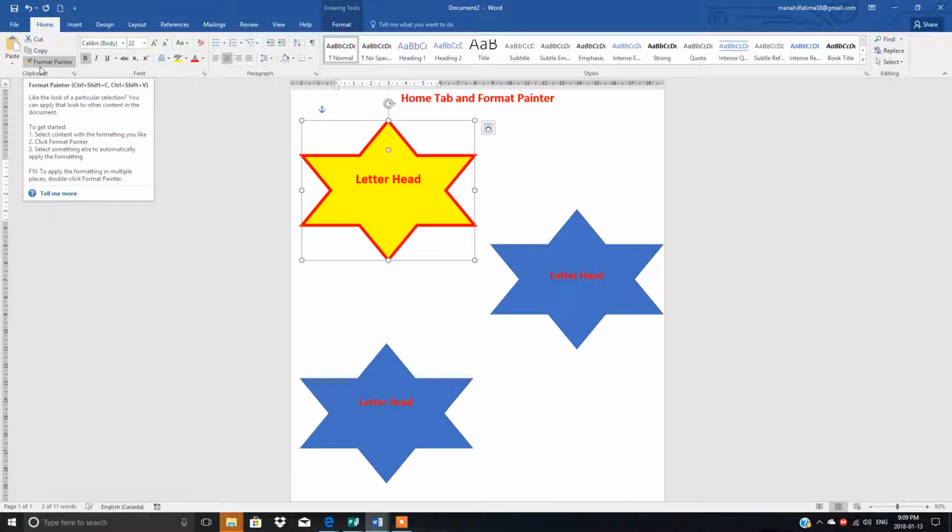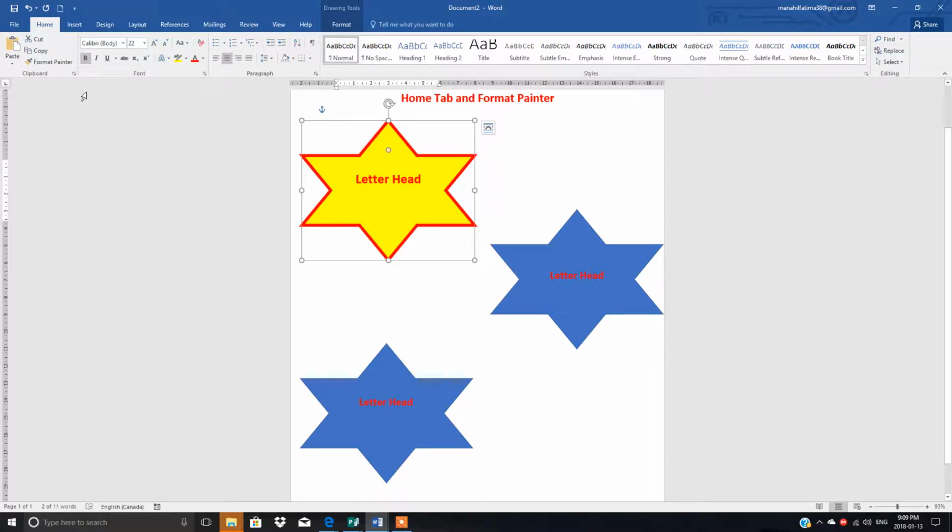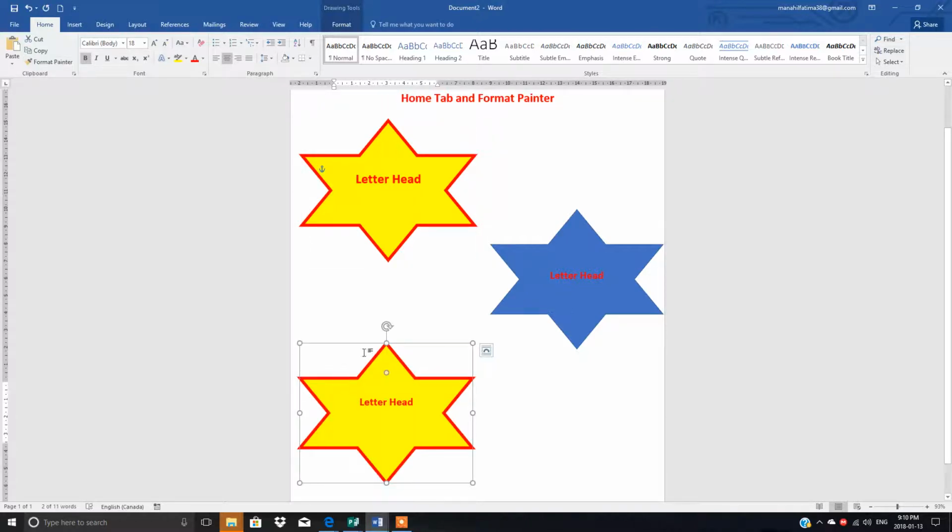of clicking Format Painter one time or 2 times. If I click only one time on this Format Painter, see, this is selected and then I click the Format Painter one time. When I bring it here, you can apply the same formatting only one time.